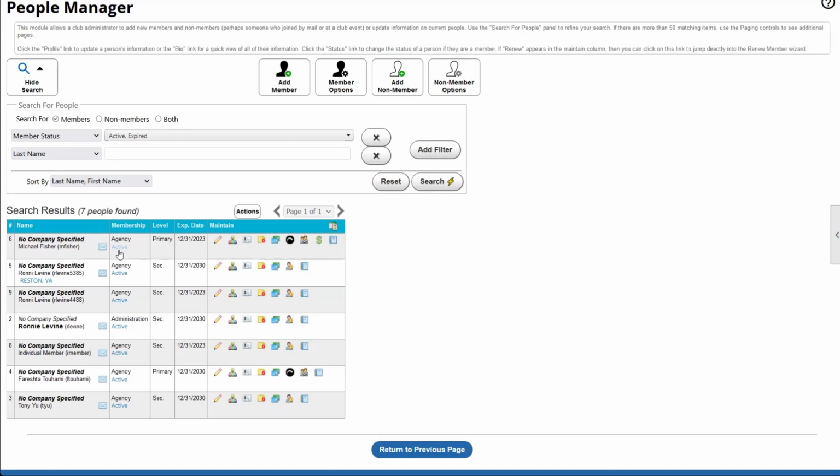This is a page that only admins have access to. Members do not have access to change their membership type willy-nilly, but we do. We can come in here and say, hey, you joined the administration team, so I'm going to change your membership type to administration. Keep in mind, the membership type for this person will apply to all of their secondaries as well. So their entire agency would change. So if I change Michael Fisher,